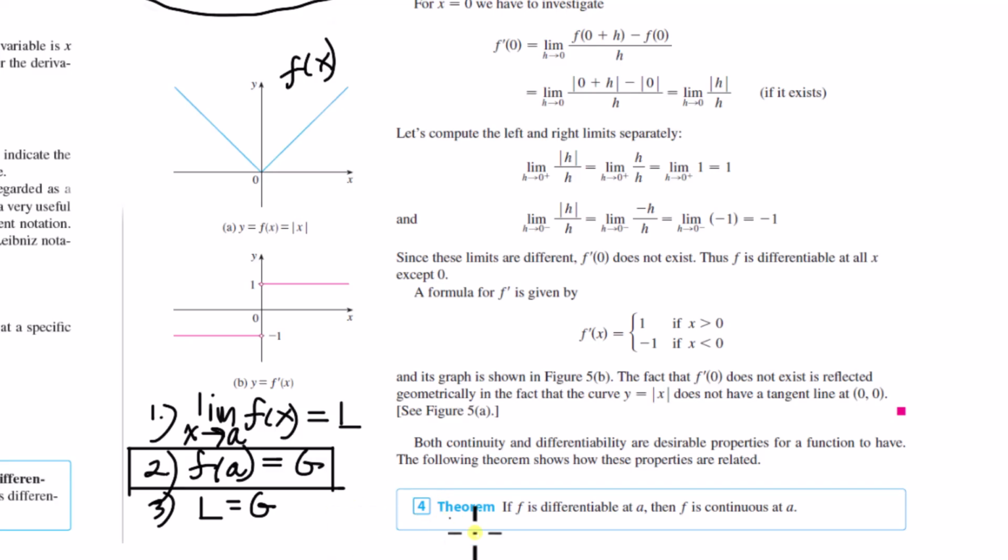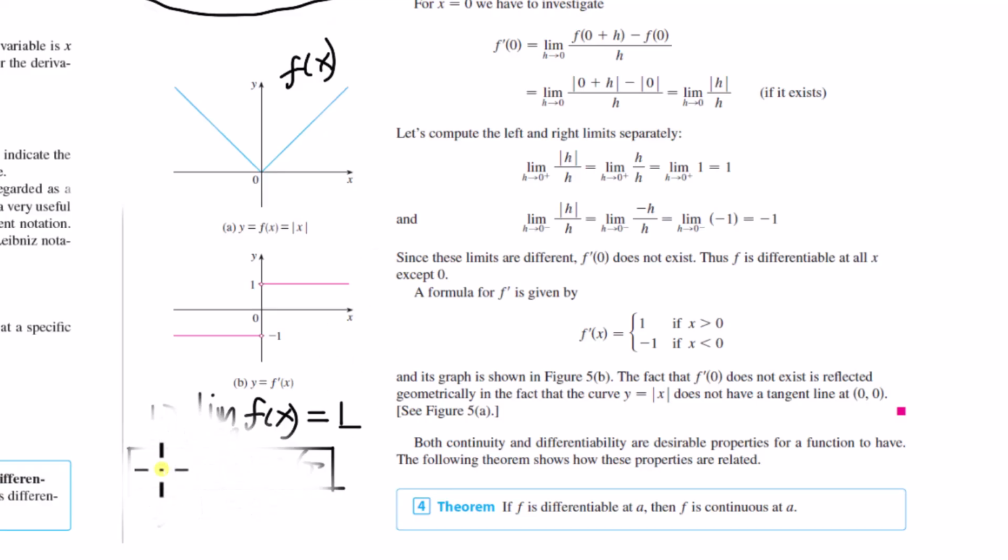Okay, so now it's tempting to say that criteria 1 is automatically satisfied because, well, if the limit as x approaches a of the function doesn't exist, then the derivative won't exist either. The limit of the derivative won't exist. But this is a little bit different because this is f of x, the limit as x approaches a of f of x, not the difference quotient. Okay, but if we think about the meaning of continuity from a graphical standpoint,